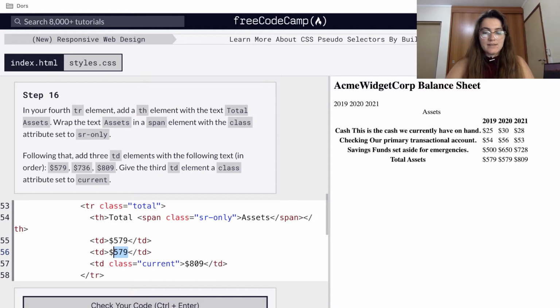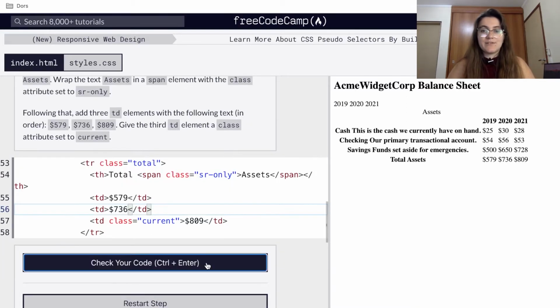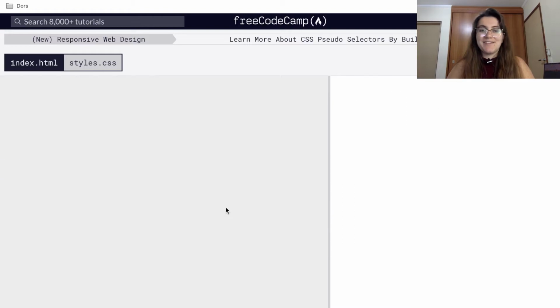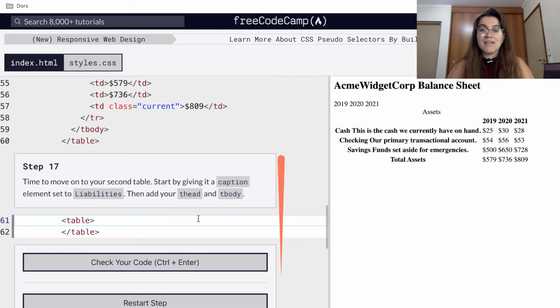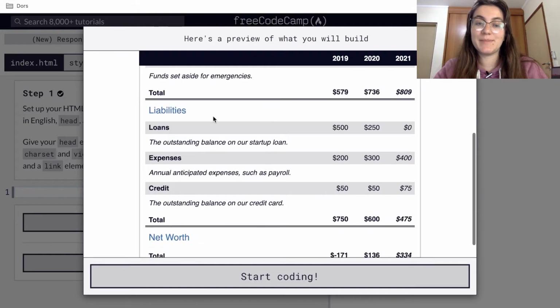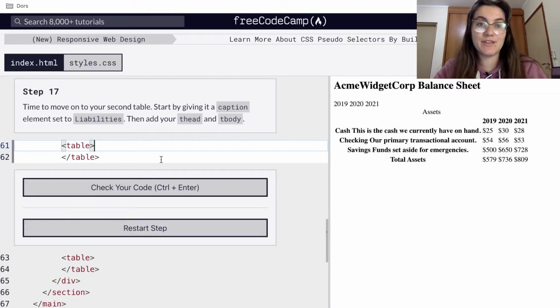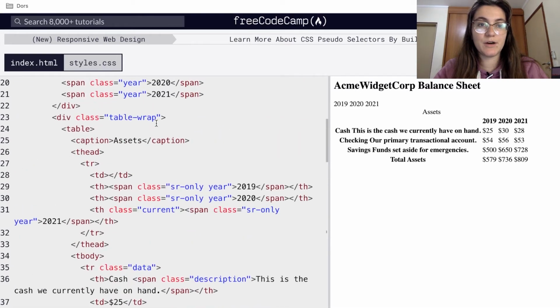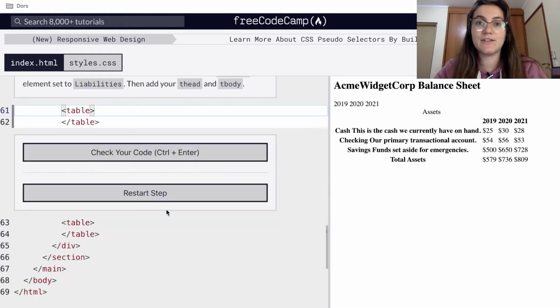All right, 736. Great. So if we send, so far it's looking this way. It's not the best tables that we have in our hands, but we're gonna work with this soon. So basically we did this first part. Okay, now we're gonna work with the liabilities. All right, so we're gonna do exactly everything we did. So we can go in here and we're gonna do this part of the caption again and the TD, TH,